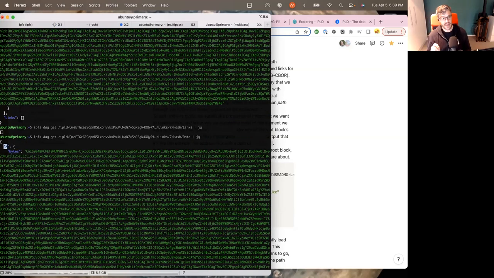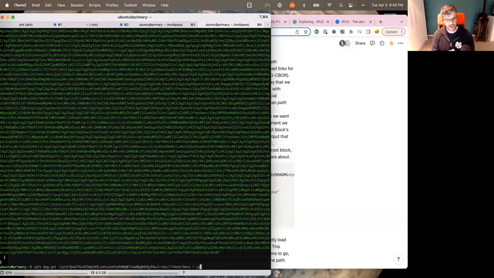The neat thing about that is we can change the codec now, and we can look at this as raw bytes. So run that, go up, press up again. And I'll try and explain what's happening here when we run it. Now go back to the very beginning of that command, run your cursor all the way to ipfs dag get. Yep, there, and then space, and then go --output-codec equals